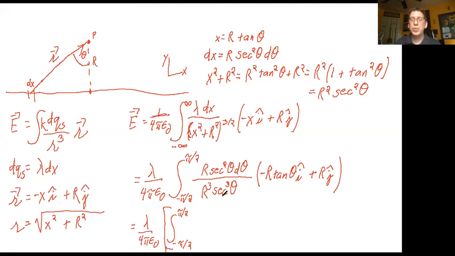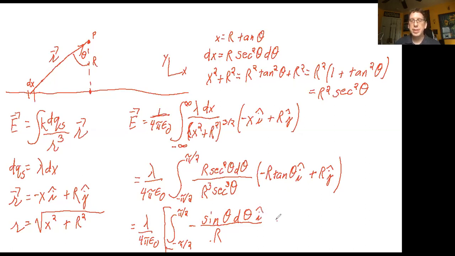So we have negative R squared over R cubed. So that becomes negative 1 over R. So we have secant squared over secant cubed. That's 1 over the secant, which is just the cosine of theta. And you're multiplying that by the tangent of theta. So the cosine times the tangent is just the sine of theta d theta over R, and that's i hat,